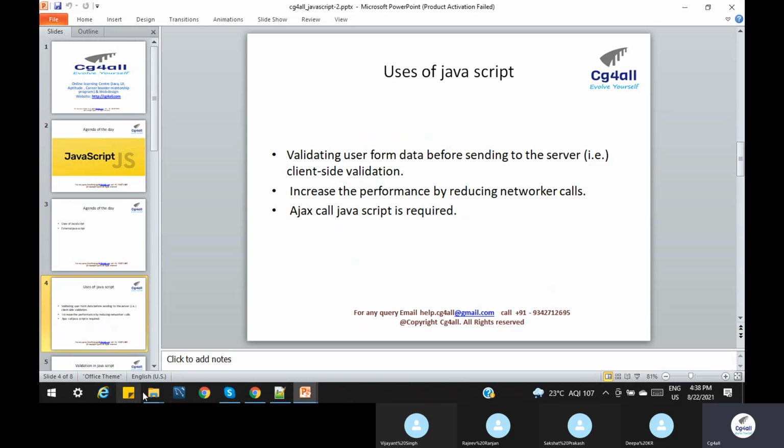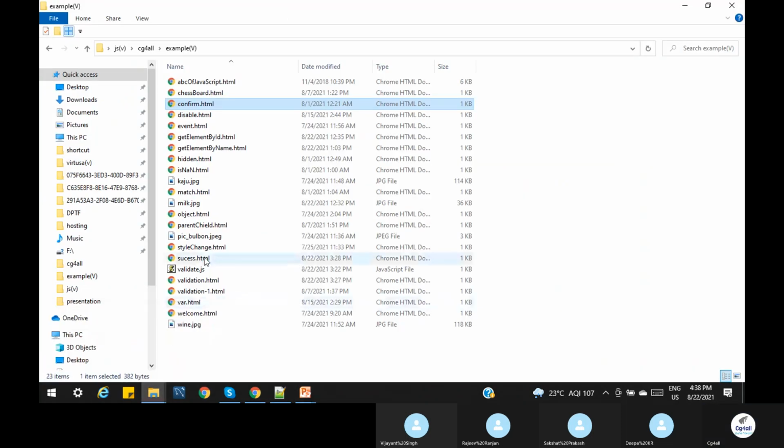So let's understand what validation means. We are creating one basic form where we have a name and password. When we click on submit, from the UI side we need to decide whether to allow the user to hit our database or not. If the user enters a username and password, and I click on the submit button, if I don't want to allow the user to send his data to the backend, it should not be allowed. That is the best part of JavaScript. So this is the first usage of JavaScript.